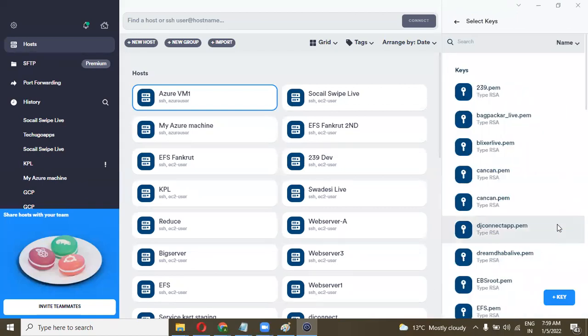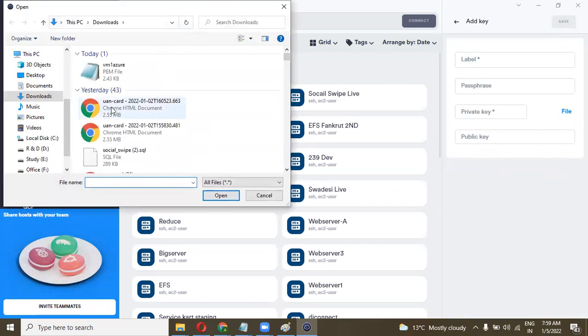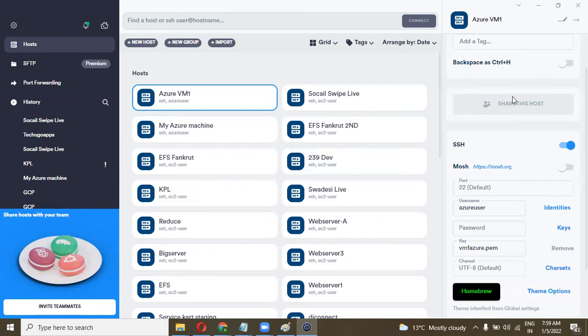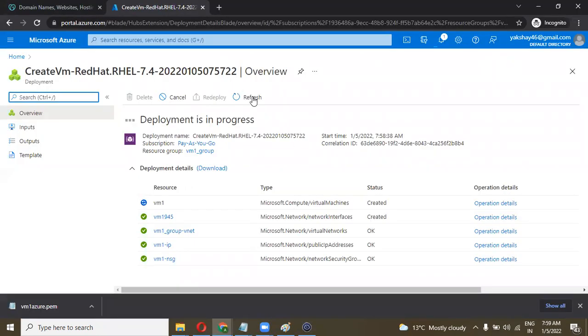Upload the key file, VM1 Azure. Save. Only the IP needs to be given here. Deployment is still in process.